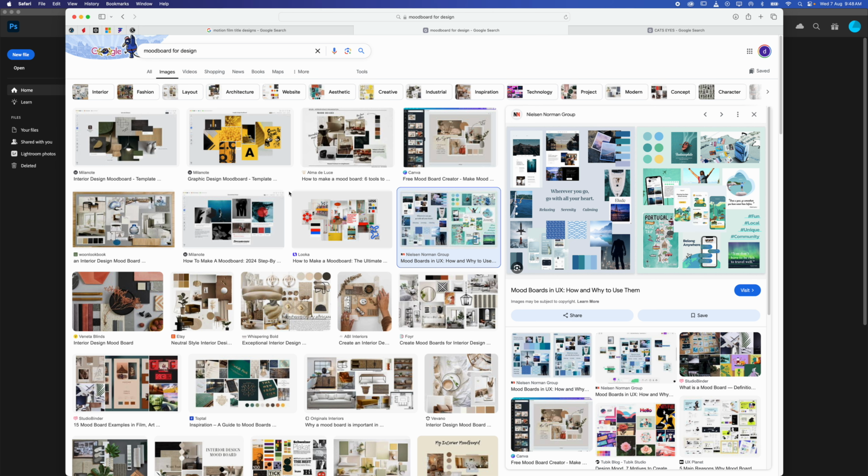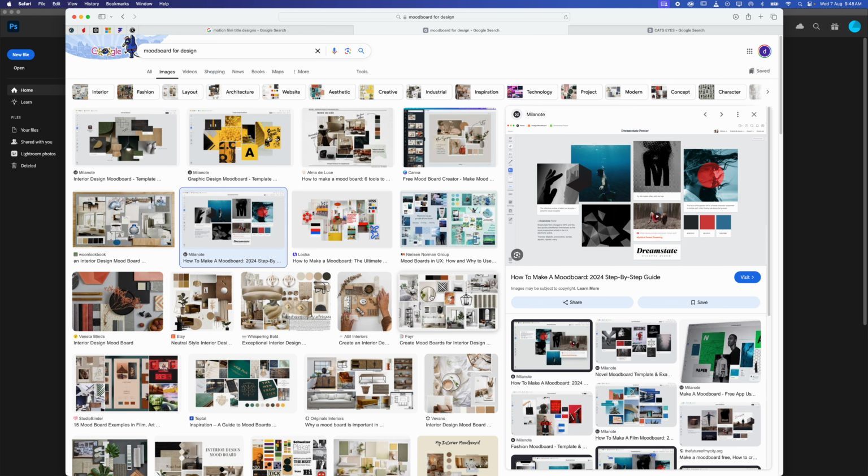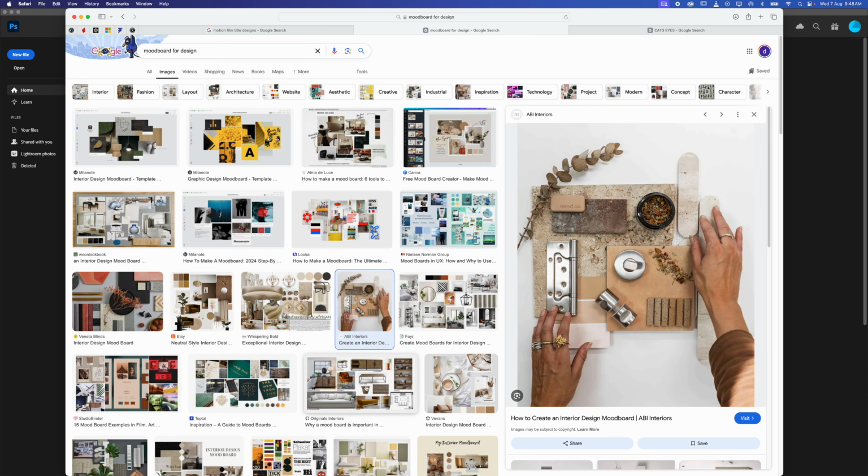Alright, welcome to this video. We're going to have a look at building mood boards in Adobe Photoshop. I've got some mood boards here that I've just Googled. I've Googled mood board for design, and mood boards are fantastic for getting the style or just researching a bunch